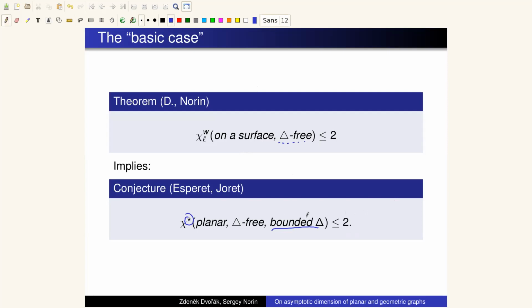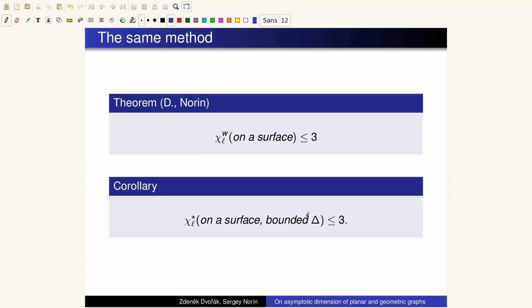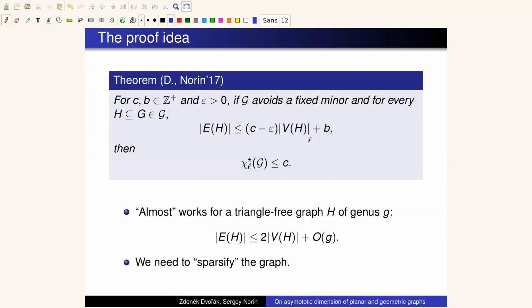Okay, let me speak a little bit about the method that we use. Using the very same method, we can show the bound of 3 colors for graphs on surfaces. There is this quite general result that we have with Sergey